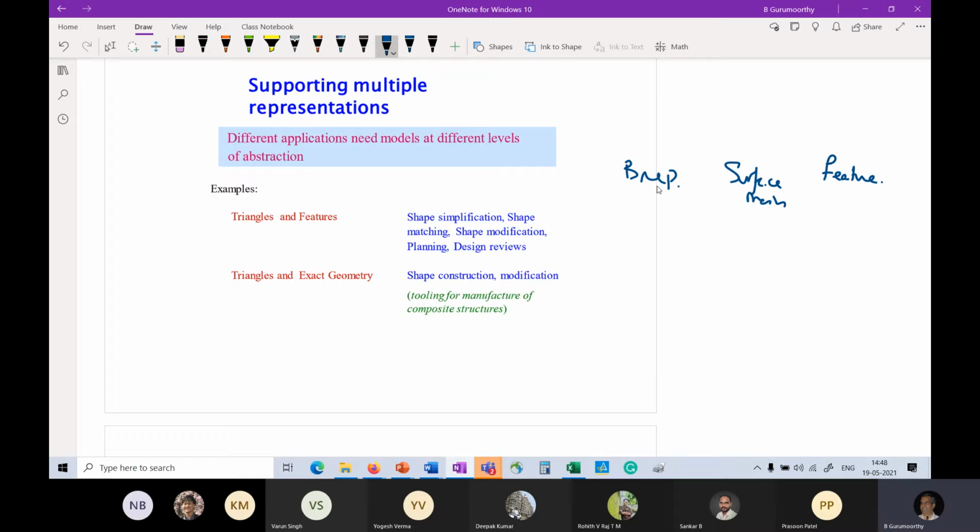And each has its own strengths. And so what it implies is that the future CAD system will have to keep all three in play for the user. Whenever they want, they can use the BREP. Whenever they want, they can use the surface mesh. And whenever they want, they can use the features.